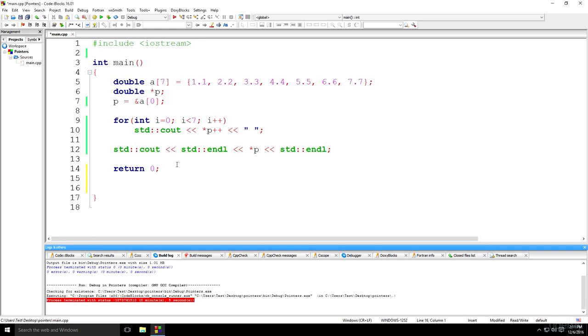Okay, with these operators, we can compare only pointers that point to the same type. If the types of variables that pointers point to are different,